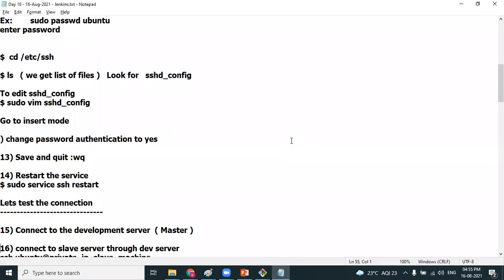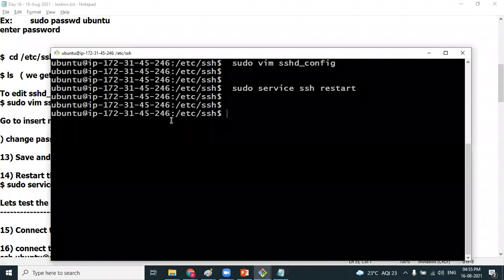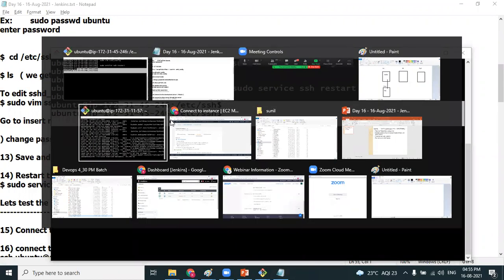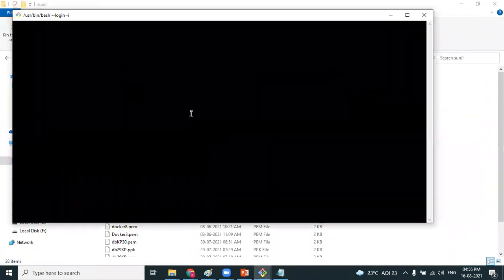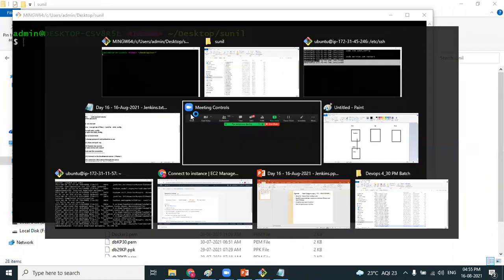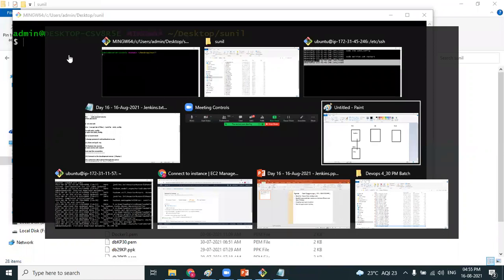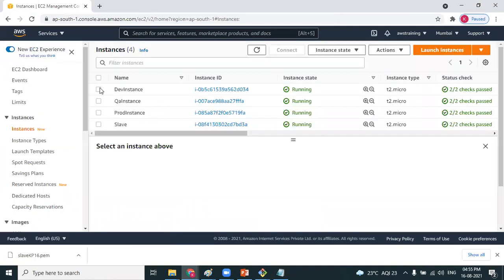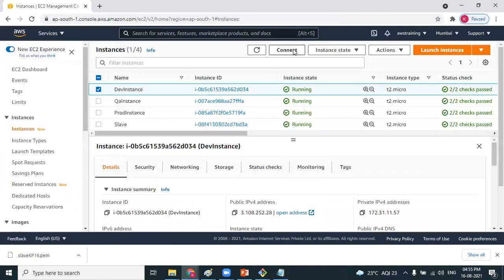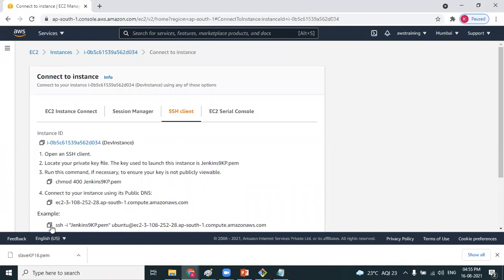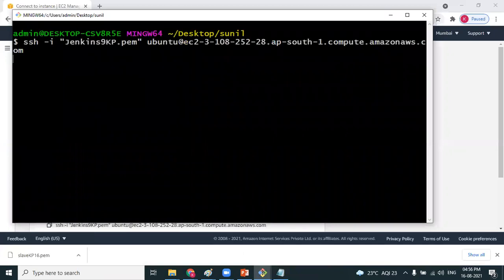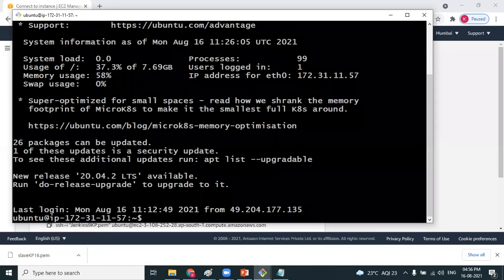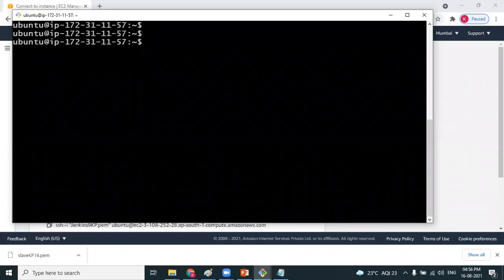Next, now let's test the connection. Right now this is the slave machine instance. Let's connect one more terminal to the dev machine. I have connected to the dev machine.